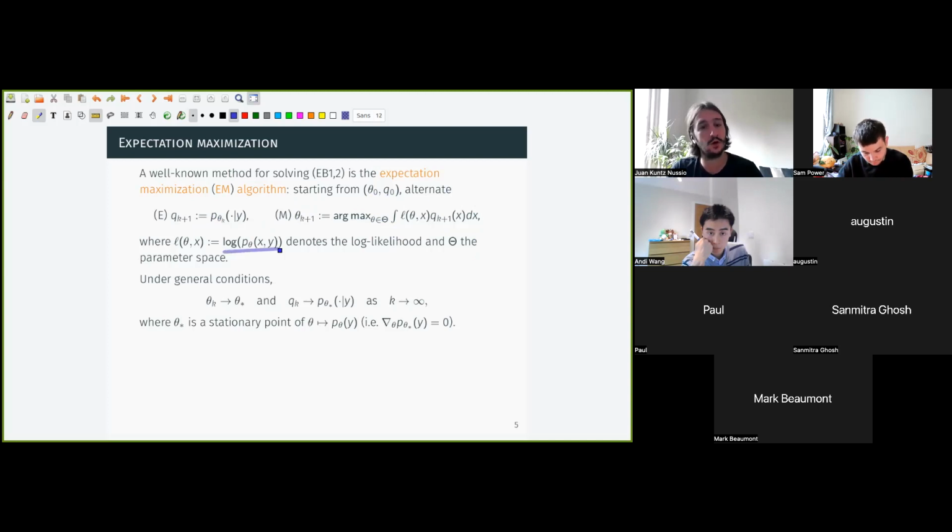And the integrand is the log of the model density. Now, EM is a very classical algorithm. It's been studied to death. And we know that under quite general conditions, the parameter estimates converge to a stationary point of the marginal likelihood, and the Q's converge to the corresponding posterior in an appropriate way. And here you might say, hold on, I thought we were talking about maxima of the marginal likelihood, not stationary points. And I would say, well, in that case, you would want to consider the convexity properties of this guy here, or the Bayes construction of the algorithm, and so on. In general, in non-convex settings, the best you're going to be able to guarantee are stationary points.